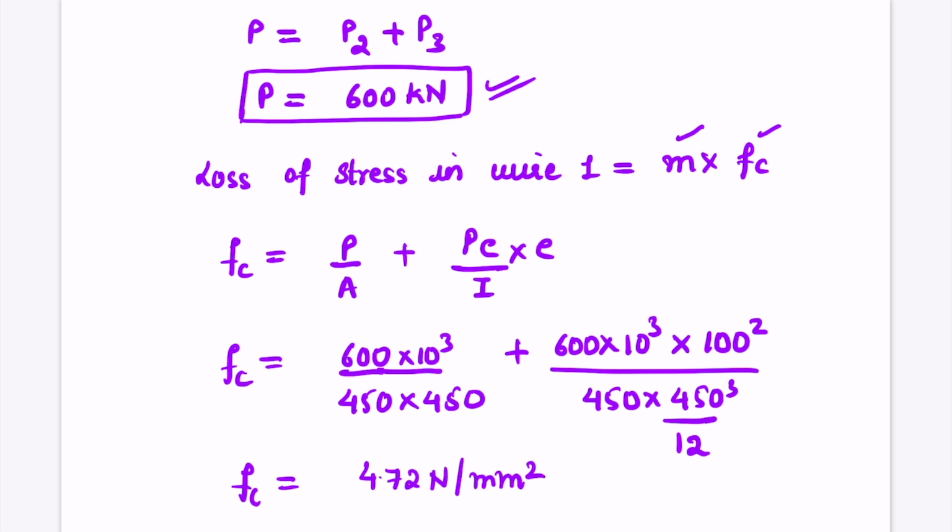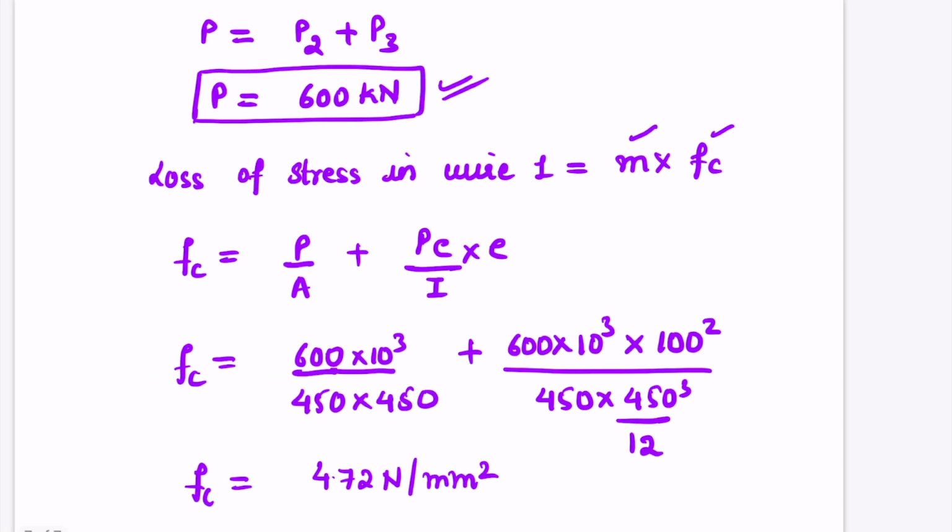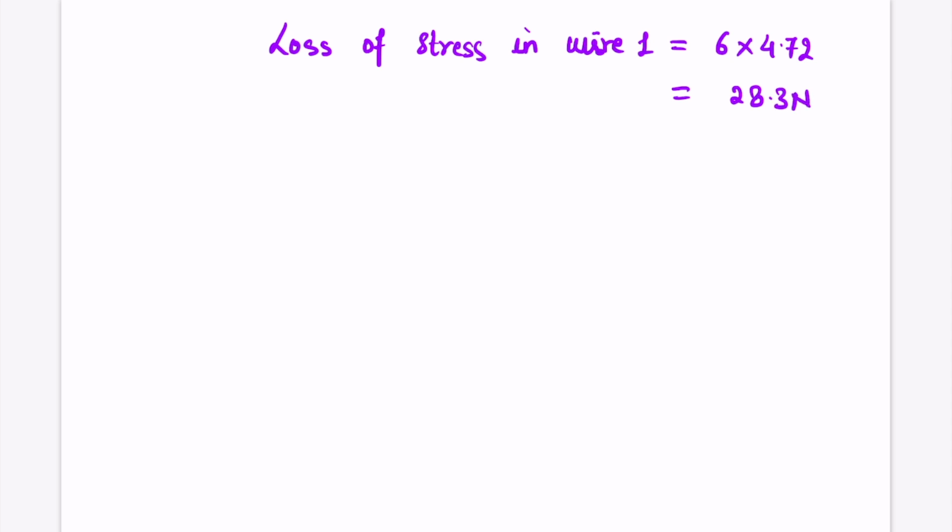Now we can calculate the value of loss of stress in wire 1. So loss of stress in wire 1 will be m into Fc, that is 6 into 4.72, and we'll get the value as 28.32